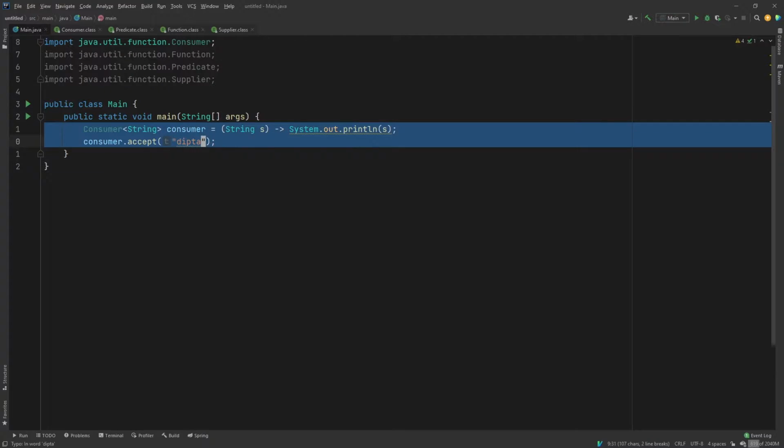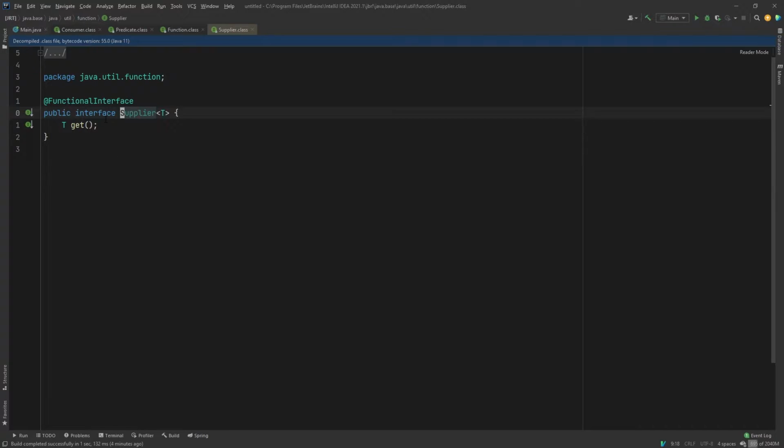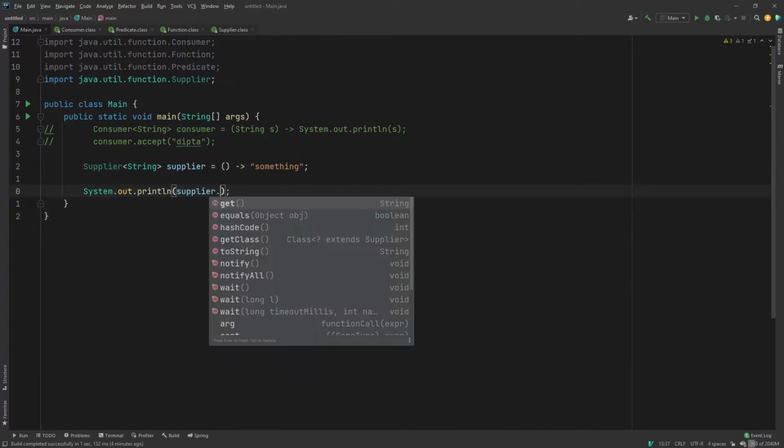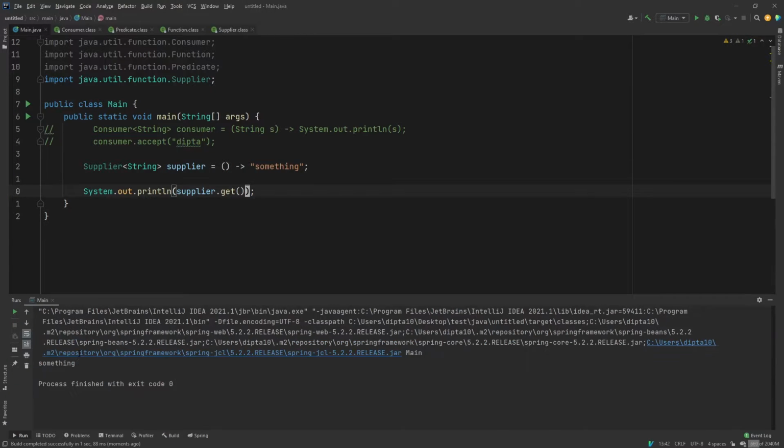Now let's have a look at the supplier. So supplier, and let's go into the interface. It is a functional interface and it has an abstract method which is get. So a supplier takes nothing as a parameter and returns something. Okay, so let's say this time we are going to work with string. So supplier is equal to, this method doesn't take anything and it will return simply, let's say, something. Now let's try to use it. So I'll say supplier.get, that is the name of the abstract method, and if we run it, we get something